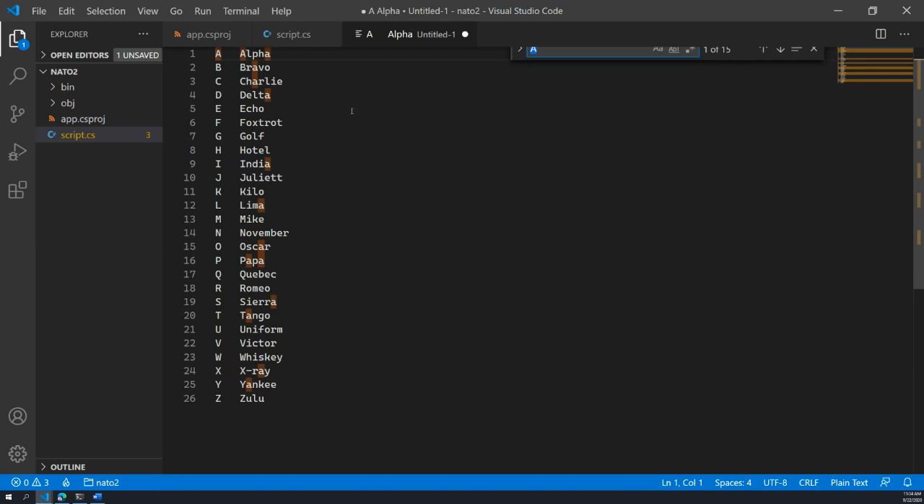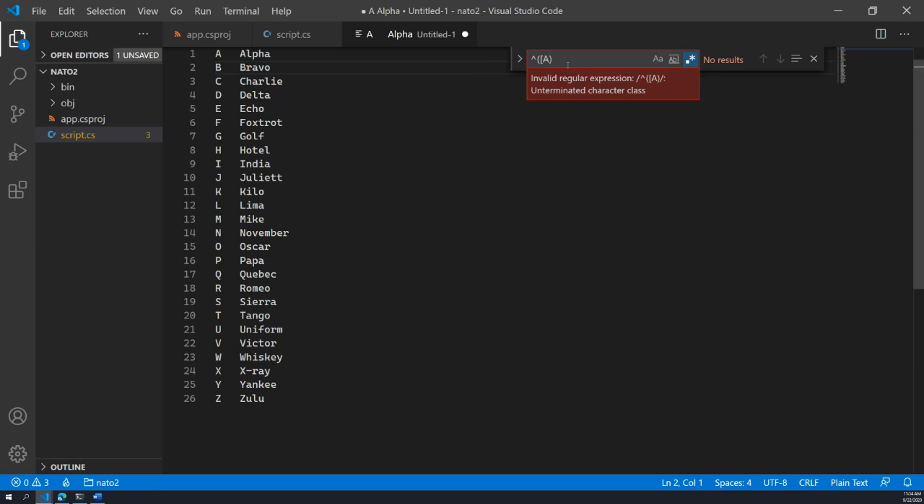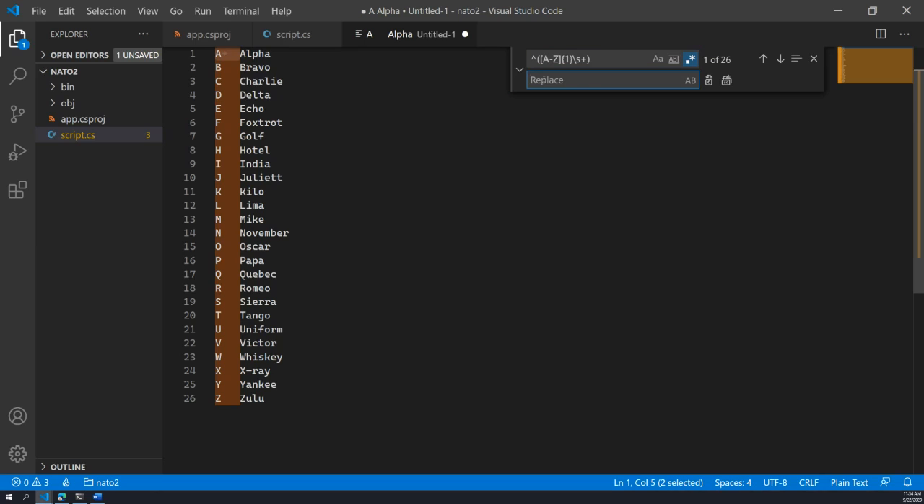Now, from here, I'm going to take advantage of this wonderful thing called regular expressions. Starting from the beginning of the line, we're going to capture a group. I need an uppercase letter, a single instance of it, followed by one or more spaces. Now, when you find that, I want you to replace it with, actually, let me put the spaces outside of here. When you find that, I want you to replace it with a single quote, that uppercase letter again, single quote,